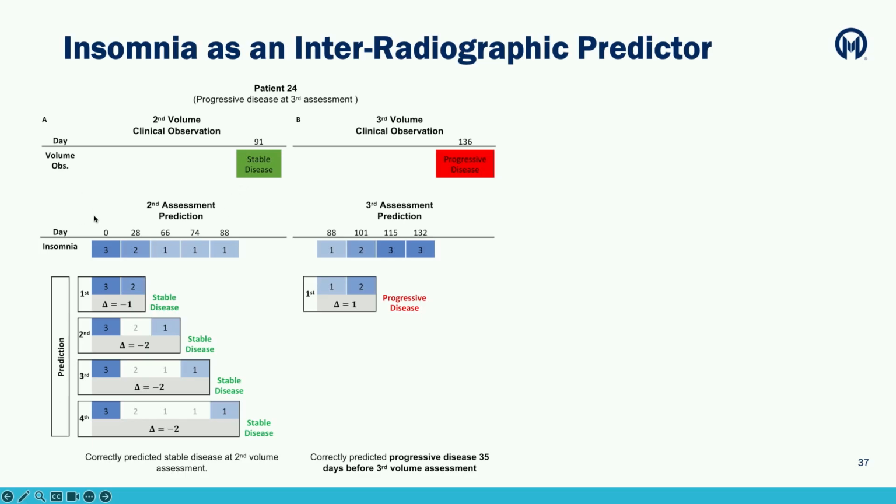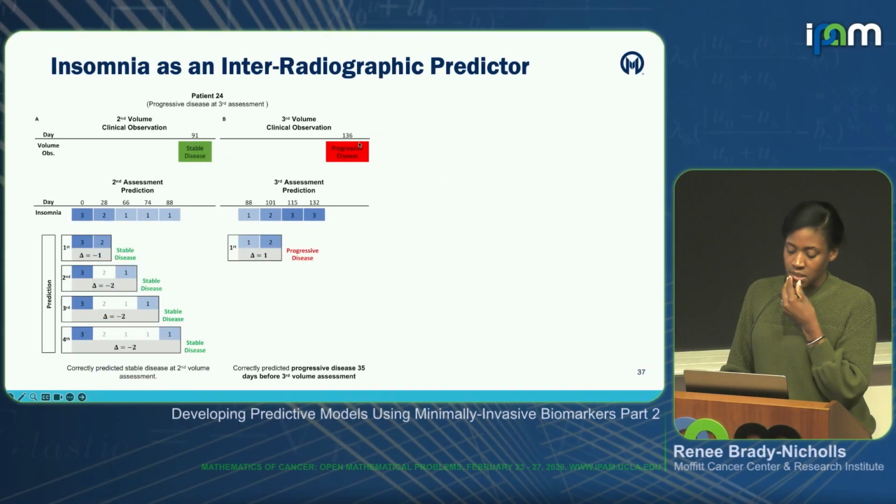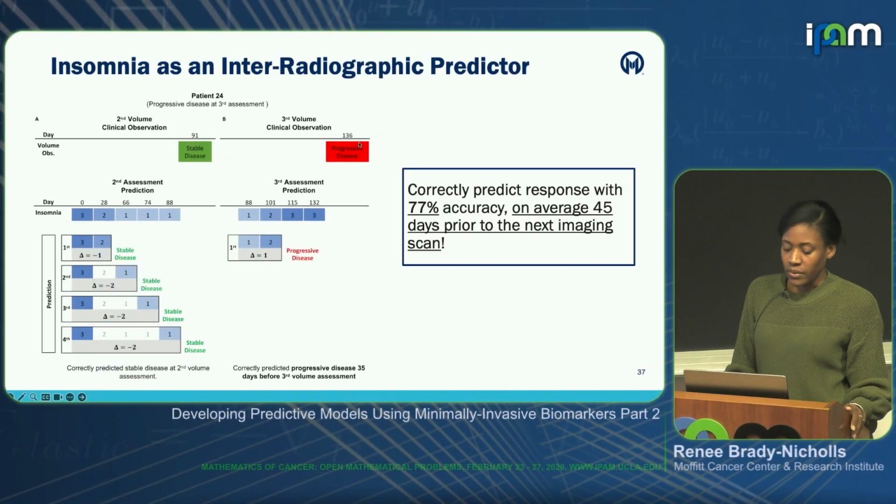And you can see that that pattern continued from day 0 all the way to day 88, where it just continued to decrease or stay about the same. Now on their next volume assessment, from day 88 to 101, their insomnia increased. And at that point, we predict progressive disease, and we were correct. Now, surprisingly, these are just simple increases and decreases. The model was able to correctly predict progression with about a 77% accuracy, on average 45 days prior to the